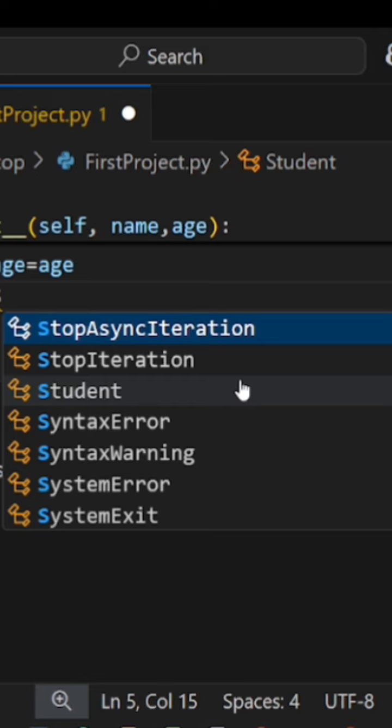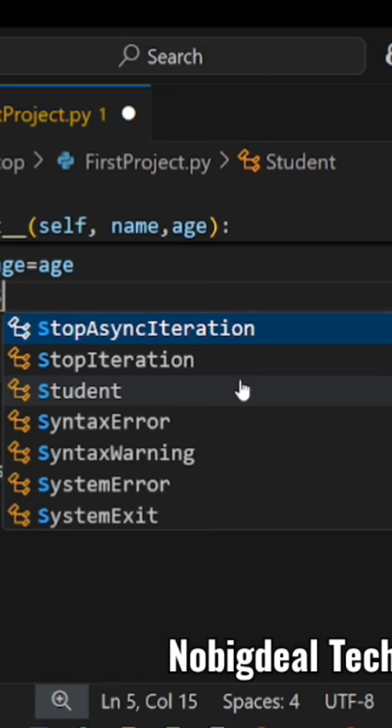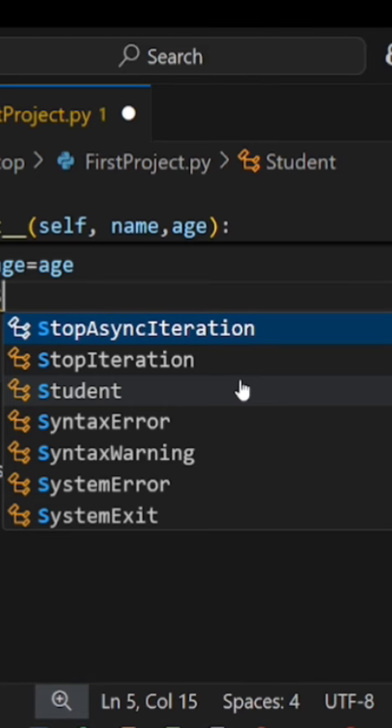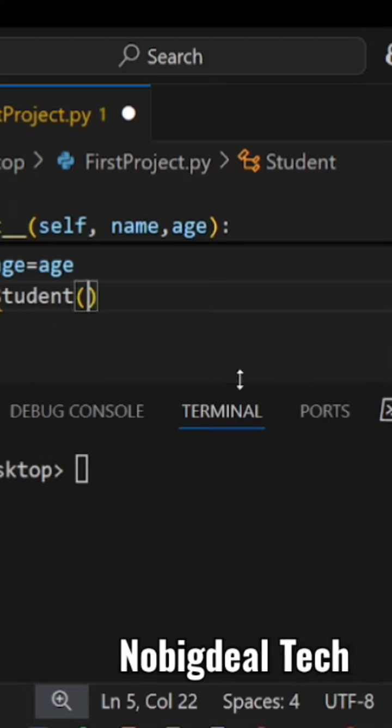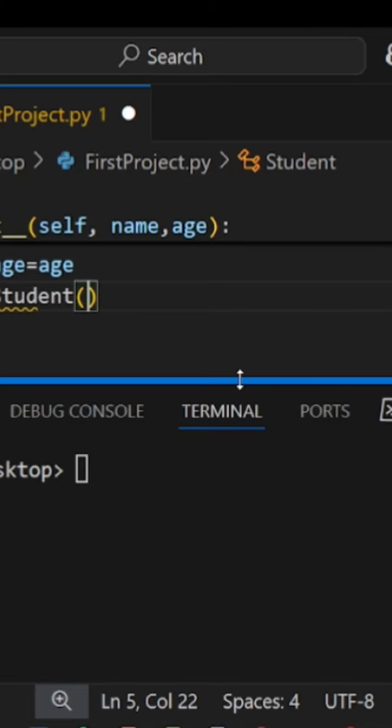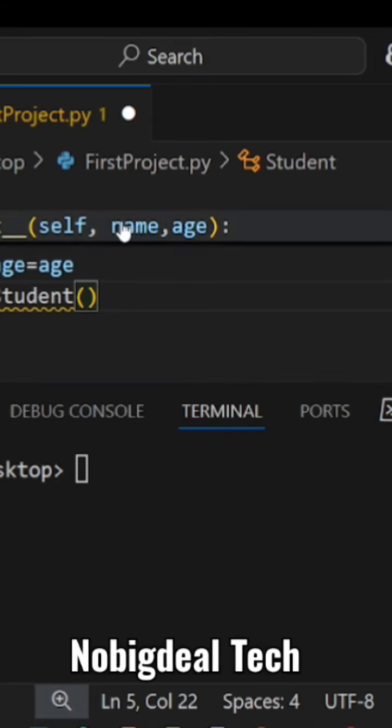If you know the name, you can put it, but I don't know the name. So it's assuming that we don't know the name. So that's why we are storing it under student. We are creating one object. So we will call the class name, that's Student. You pass in their attributes. In this student1, the name of the student1, because if you notice, we pass name and age. The name of